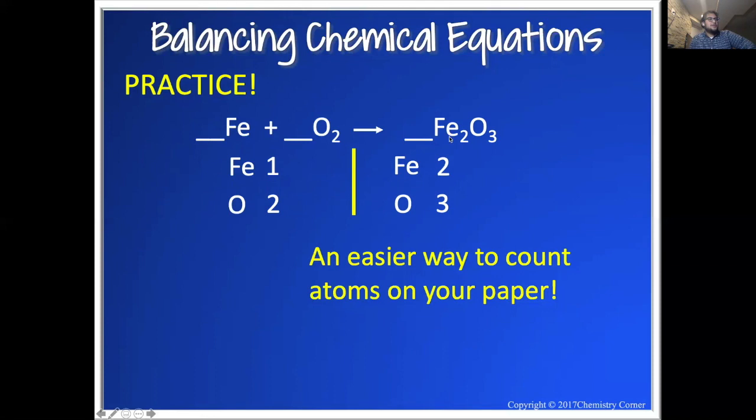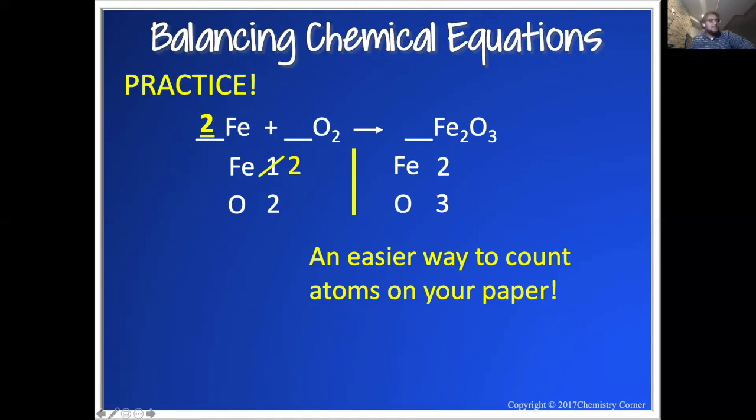Okay, so I've got 2 irons over here on the right, and I've got 1 iron on the left. And so the way I want to start by fixing this is, I've got a 1 here and a 2 here. I know, just easy math, that if I add a 2 coefficient here, all of a sudden, my number of Fe's on the left is going to go to 2, because I've got a subscript of 1, and 1 times 2 is going to give me 2 Fe's. So right off the bat, I've already fixed my iron problem. I've got 2 irons on both sides now, 2 on the right and 2 on the left. Okay, so now I have to fix my oxygen problem. So 2 and 3,